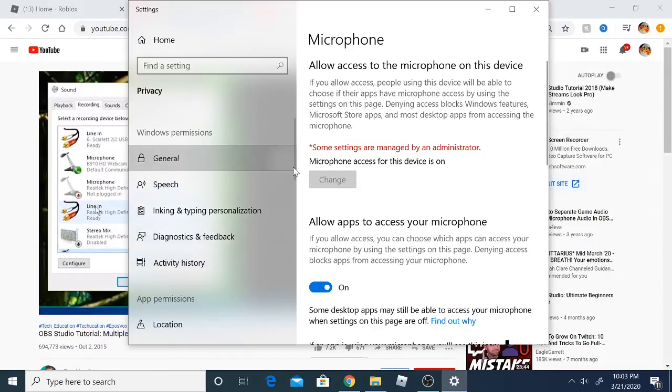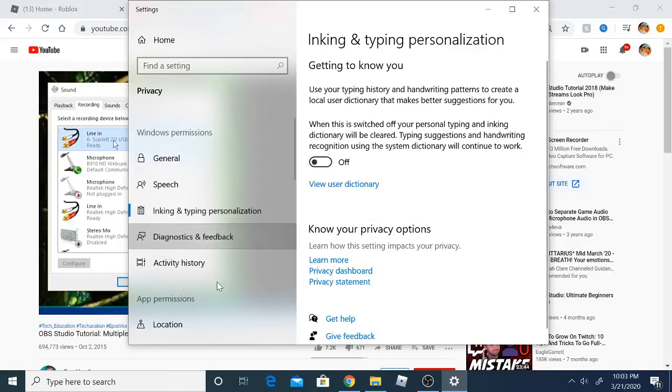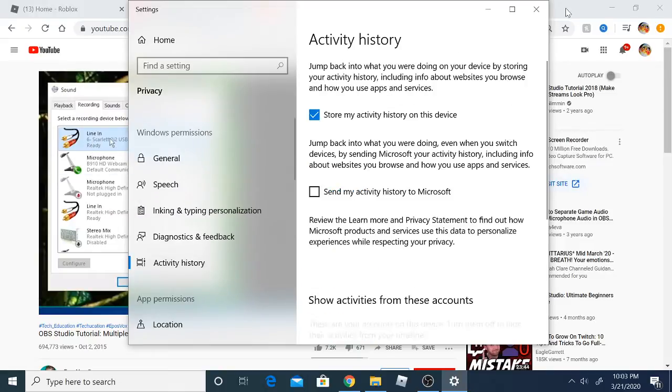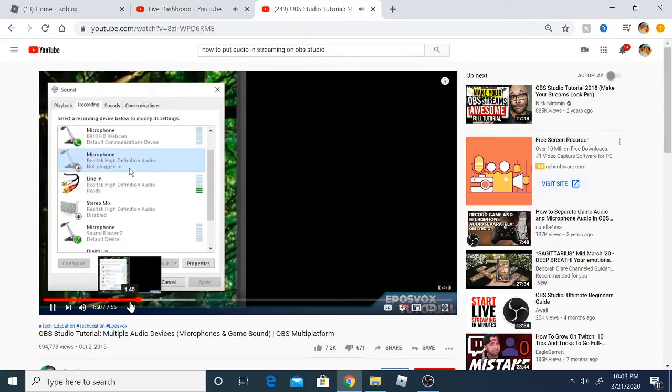USB devices are going to be named what they're called. So like if you're using a Blue Snowball or Blue Yeti, here it's going to say Blue Yeti under line in. If you're using a headset microphone, it's likely just going to be microphone for either something like